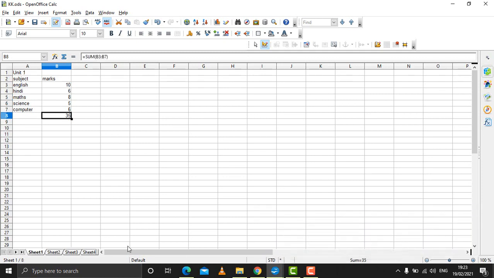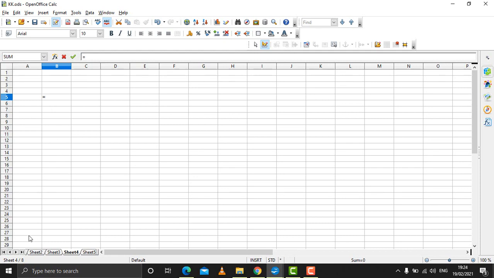So I have some numbers already entered in the worksheet. I have some numbers in sheet 1, some numbers in sheet 2, some numbers in sheet 3, and I want the result in sheet 4. This is possible by linking the worksheets. The very first thing you need to do is enter the equal to sign. As the equal to sign comes up, that means the formula will begin.